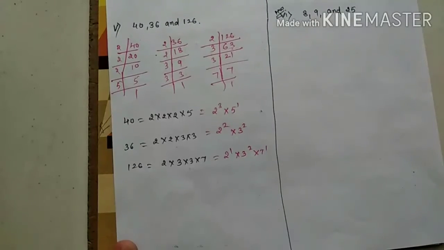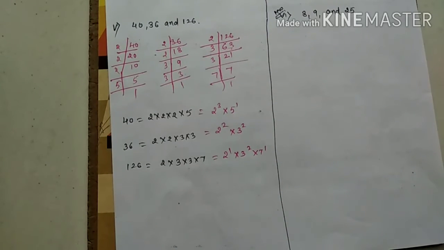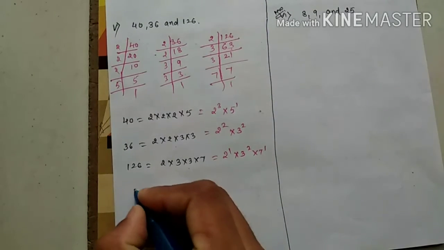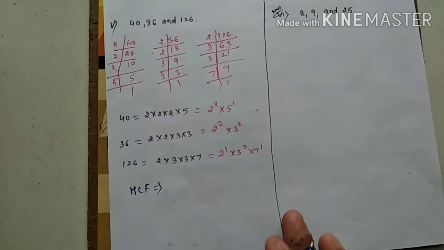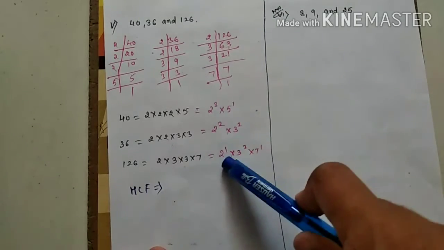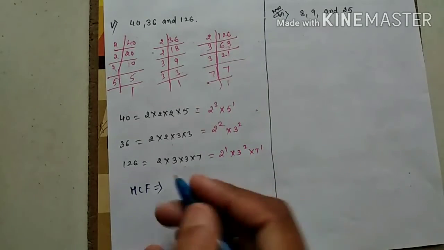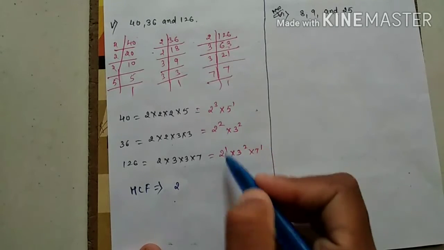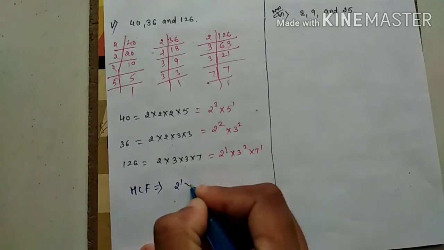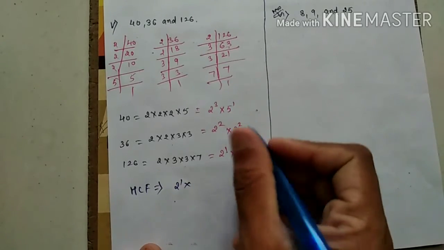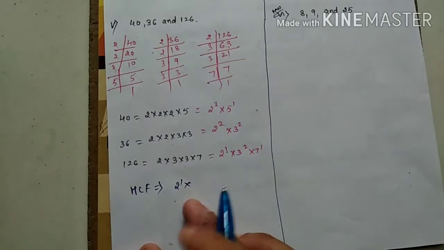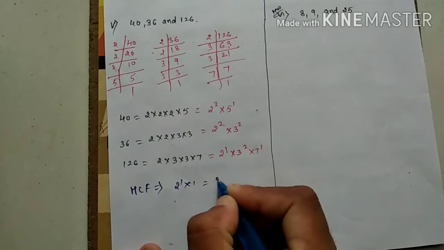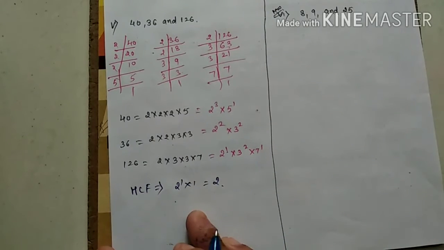Now you have to find LCM and HCF. I think you know how to find the answer of LCM and HCF. HCF is your highest common factor with the lowest power. Just see, 2 is coming in all of them. So 2 will be there, but the power you have to check with the lowest. Here is 2 to the power 1. Here is 3, here is 3, but here it is not, so it is not considered. Here is 5, but here it is not. So only 2. So 2 1s are 2. So HCF is 2.